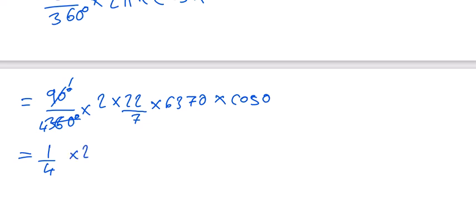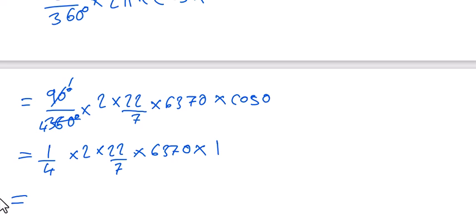multiplied by 2 pi, multiplied by 6370, multiplied by, when we calculate cos 0, this is just going to be 1. So you should know this because this is a paper 1 question. So when you calculate cos 0, this is just 1. Hence, we're now going to have